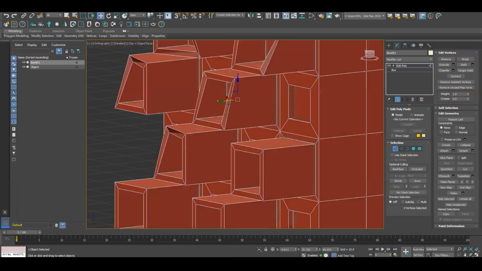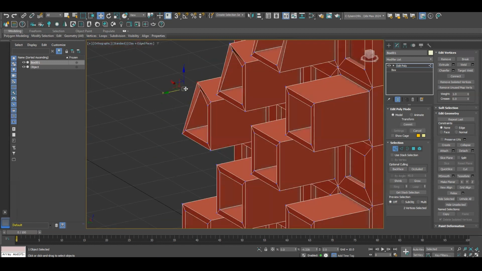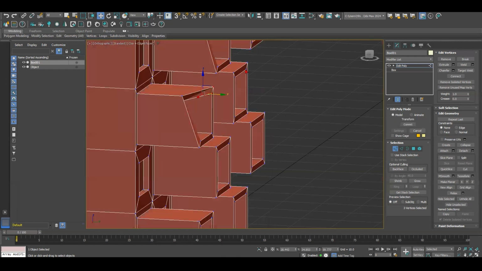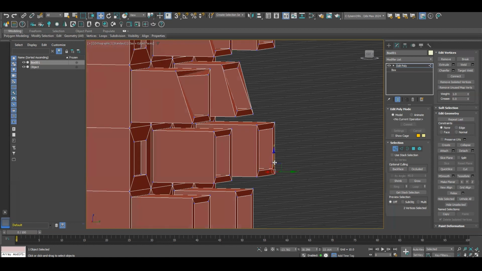It's mainly for modeling, creating product ideas and architecture modeling designs.